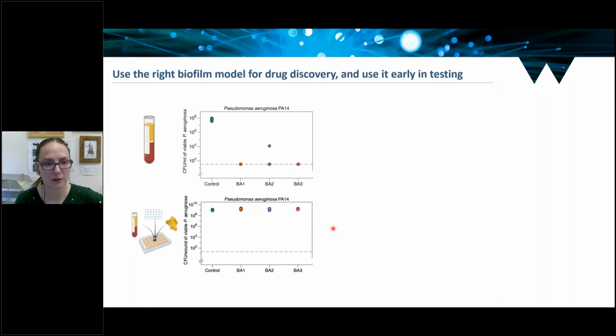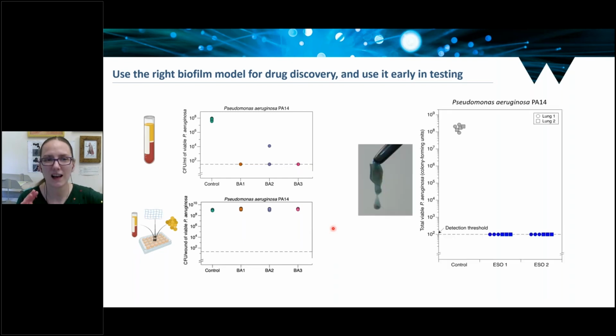However, we then thought, we've also got this lung model. What happens if we grow Pseudomonas aeruginosa in the cystic fibrosis lung model and then try and treat it with our natural product ancient biotic? And in this case, from a mature biofilm of Pseudomonas aeruginosa growing in the CF lung environment, we suddenly can completely kill this population with our mixture of natural products. So the same bacterium is completely resistant, completely tolerant to this natural product cocktail in one infection context, but very, very sensitive to it in another.